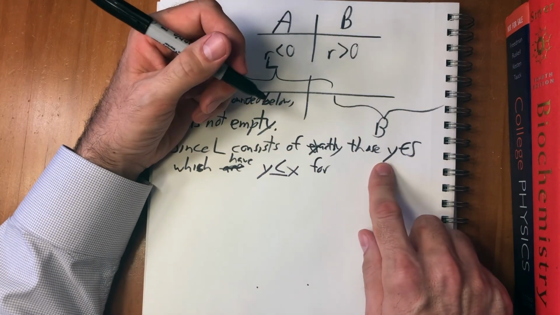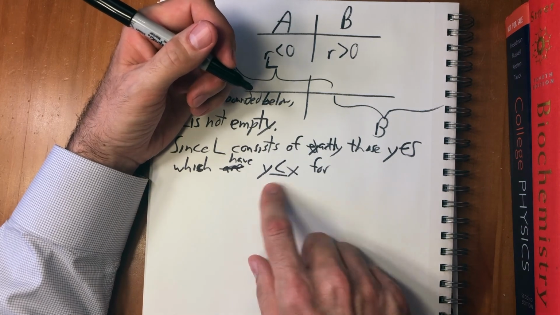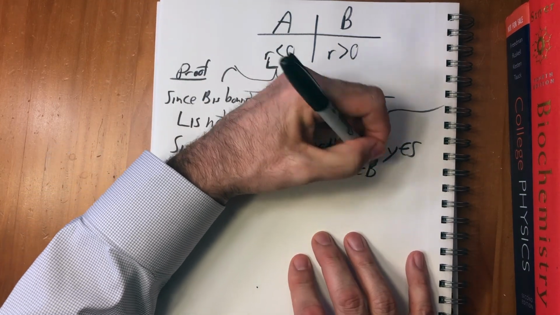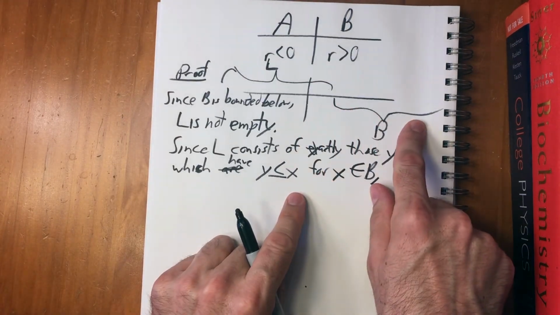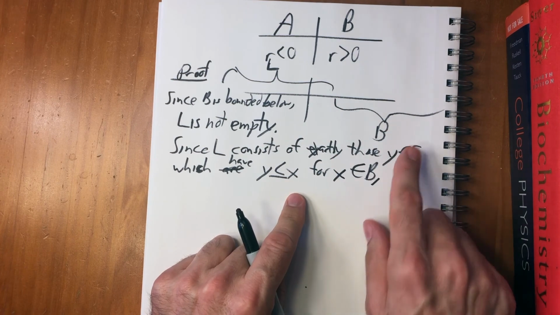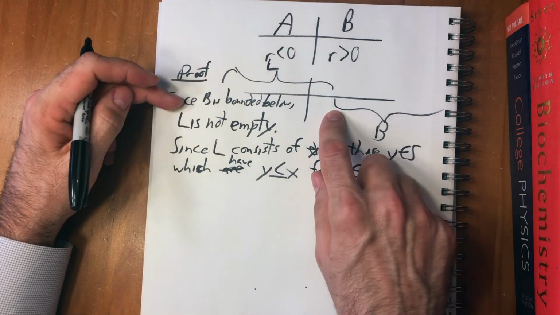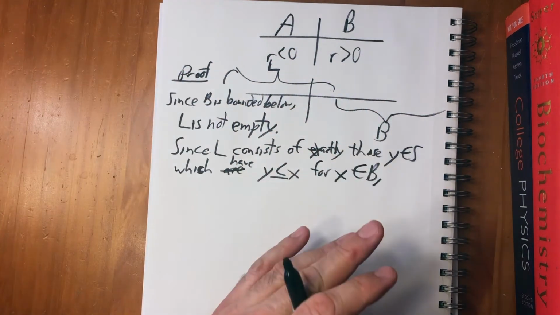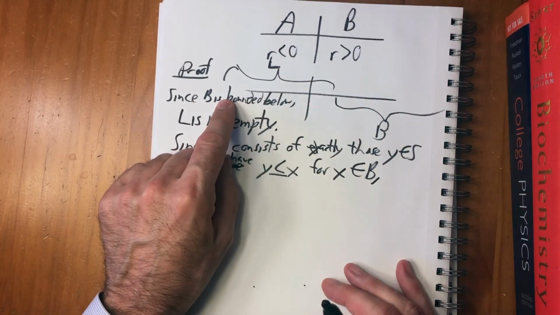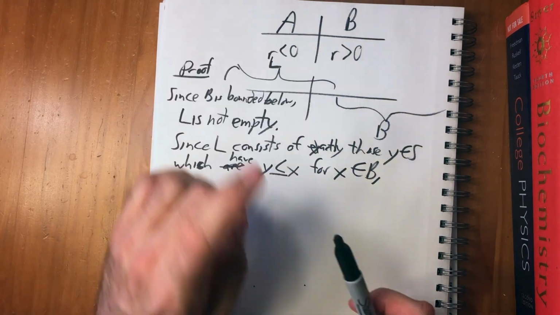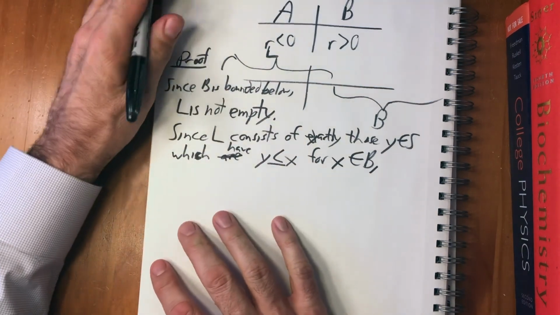So it's exactly those elements y of S which are less than x for every x in B. Okay, so for every element of B, everything less than that is by definition in L, because if y is less than every element of B, then it has to be a lower bound of B, which means it's in L. So for every y that satisfies that it's less than x for every x in B, then